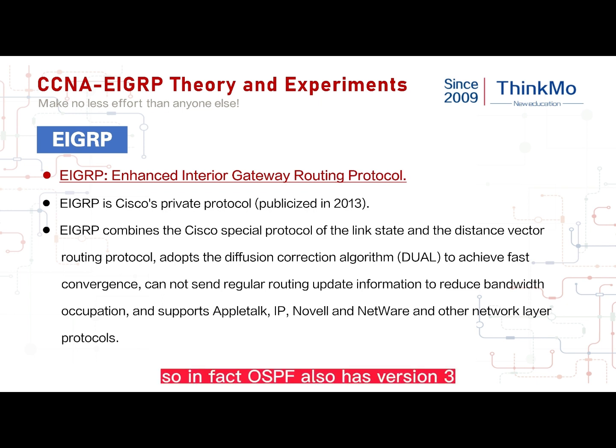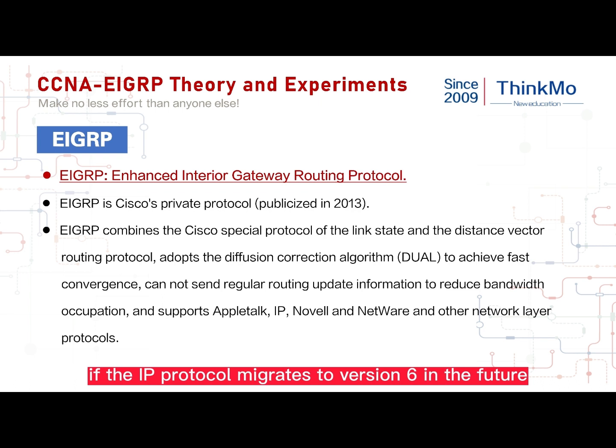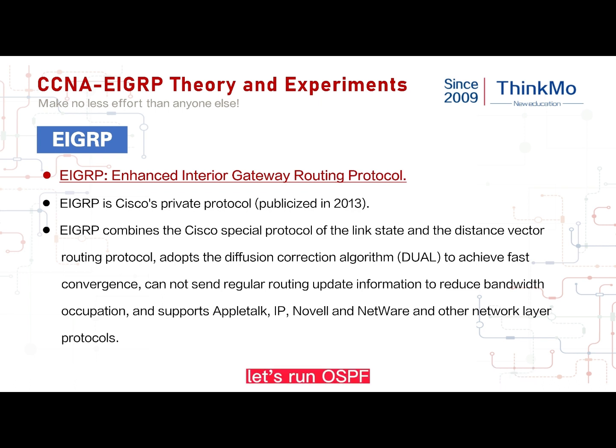In fact OSPF also has version 3. So in the current IPv4 network environment, when running OSPF, version 2 is used. If the IP protocol migrates to version 6 in the future, we will run version 3 of OSPF,